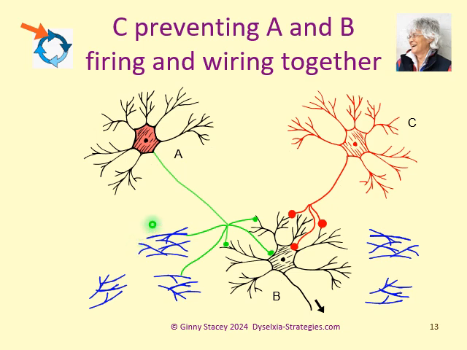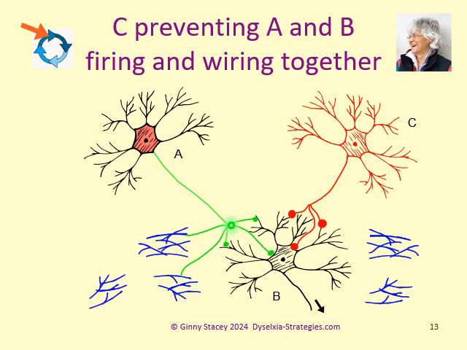So C is preventing the effective firing and wiring of A and B together and sending the signal probably off somewhere else, so that random connections will be made when A and B can't fire together. And if you just think about the way in which dyslexic people learn, then if they don't learn how to spell properly, one particular spelling will have many variations in their brains, and they will randomly use any of these variations